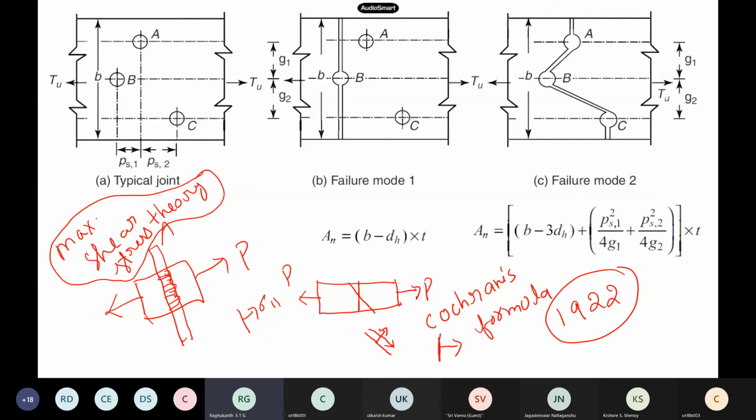See, von Mises is related to how we got root 3. That is because if you want von Mises, you have to write the deviatoric part, that is the second invariant. I1, I2, I3 will be the invariants. So if you write the second invariant of the deviatoric part of the stress tensor, you will get the von Mises formula, and root 3 and other things come. Maximum shear stress theory is very, very simple.